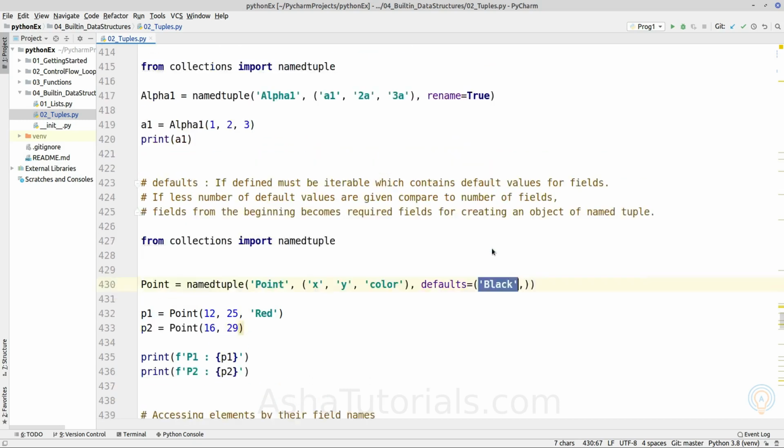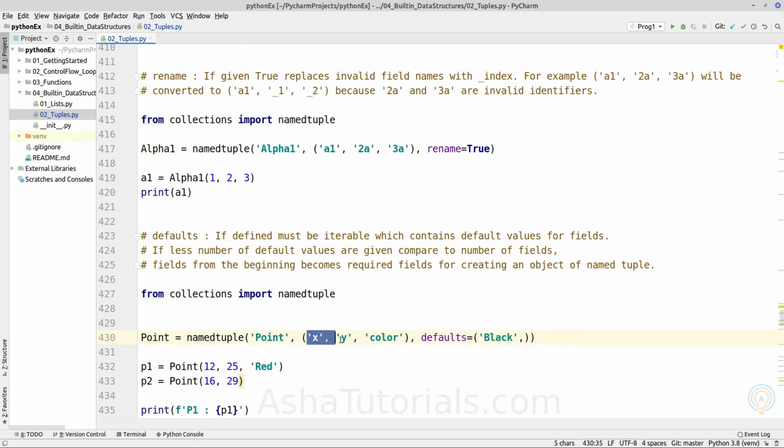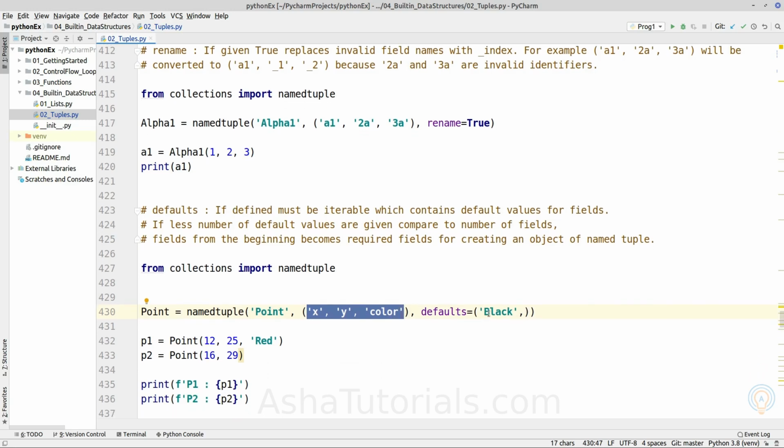We can also provide an equal amount of default values, which will map to the indexed values. If we are providing 3 values, first will be first, second will be second, and third will be third, and so on. But if we are providing fewer values inside the defaults, it will map from the right-hand side of the field list, based on the length of the given defaults.